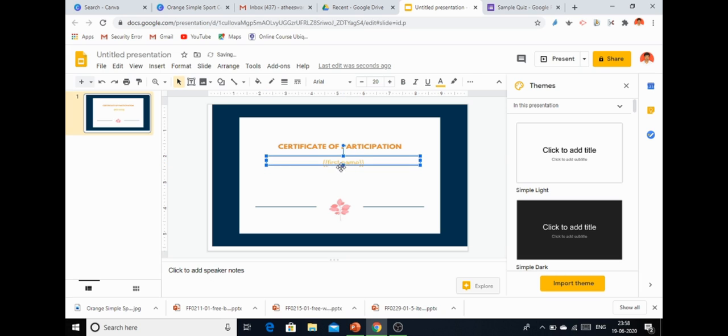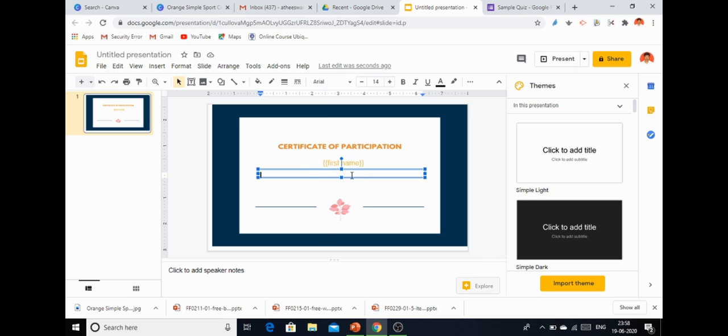After that I am copying this one, the text field again, and making it here. I can add the other text, another field.